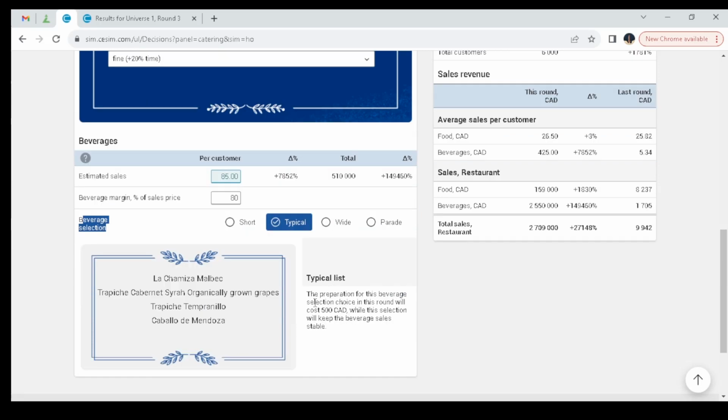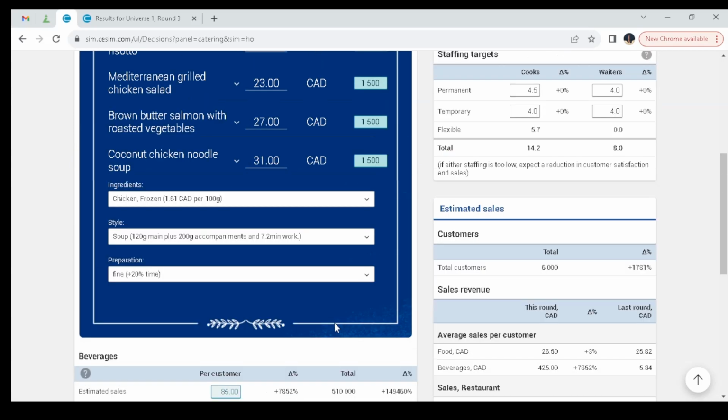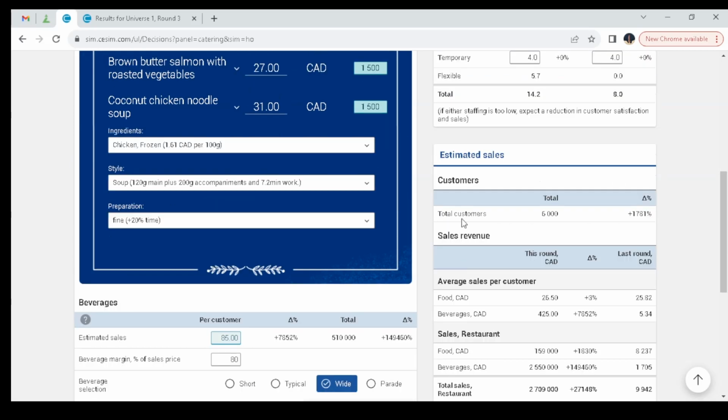And down here is the price or the cost for the typical option that you have chosen. If you choose typical, you can see the cost is 500 Canadian dollars. If you choose wide, you'll also see some changes here, and that's it about the beverages part. On top here we have the estimated sales, and the estimated sales is simply, here we are going to talk